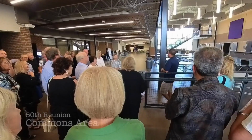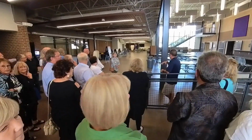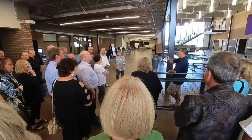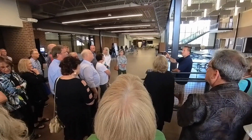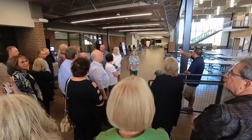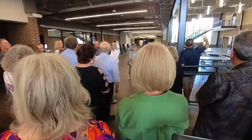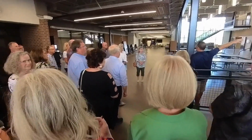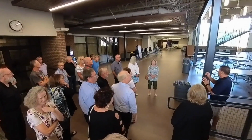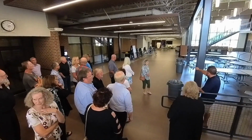When we started, so this is the new commons area. This was brand new, and we're standing right now on the exterior of the building, from about some years ago, maybe more, the 80s. That brick right there was the exterior. This end would have been part of the road, and we bought the city lot over here to then put on the school. So that's kind of the building right there, and then through there, where those lunch tables are,